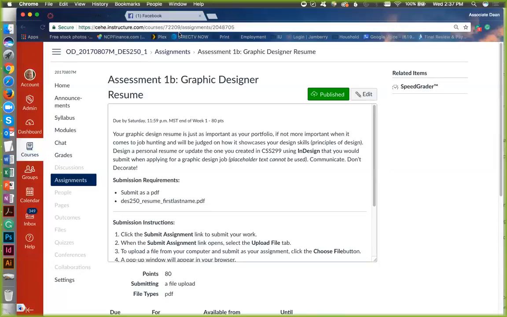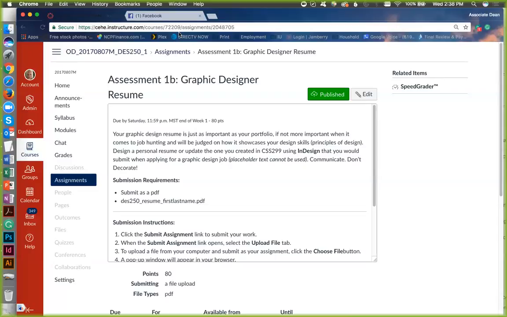And then it goes over to the hiring manager of graphic design, and from there they throw everything out, based on whether you're unique, whether you showcase principles of design, things like that. And I will show you literally how to pick it apart as far as the resume. That'll be, I believe, next week. I'll touch on a few parts of it this week, but next week we're going to tear each other's resumes apart.